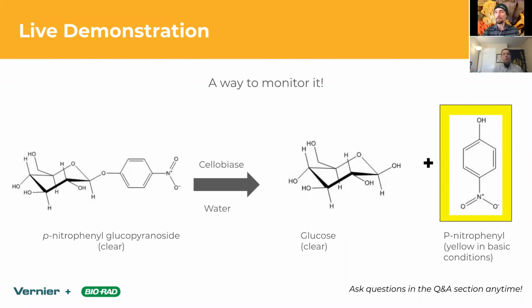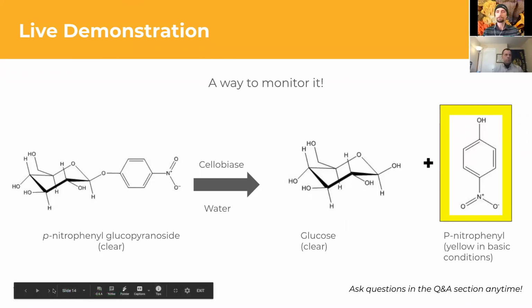And any of you chemists out there that have worked with p-nitrophenol, you know that in a basic condition, it turns a nice bright yellow color. So it allows you to do an easy colorimetric measurement of how this reaction is progressing. And so that's exactly what we use for this lab. We're going to use this p-nitrophenol bound to basically glucose as our substrate. So go ahead and go to the next slide.